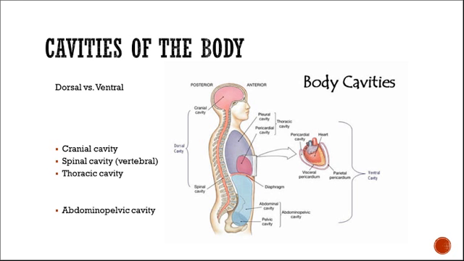Together, the thoracic cavity and the abdominopelvic cavity make up the ventral cavity. The abdominopelvic cavity consists of the abdominal cavity, which holds our organs of digestion as well as the spleen, and the pelvic cavity, which holds the end of our large intestines, the urinary bladder, and also the internal reproductive organs. There is an important muscle that separates the thoracic and the abdominopelvic cavities, and that's the diaphragm. The diaphragm is used for breathing. It is a broad, thin muscle. Next, we're going to look more specifically at our abdomen.